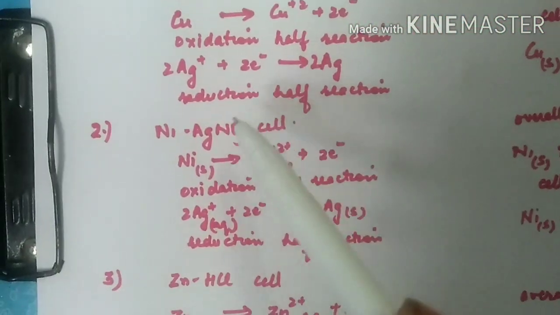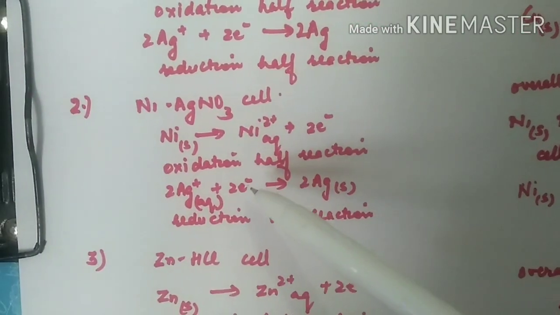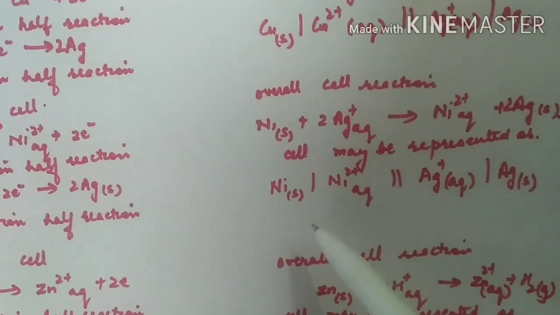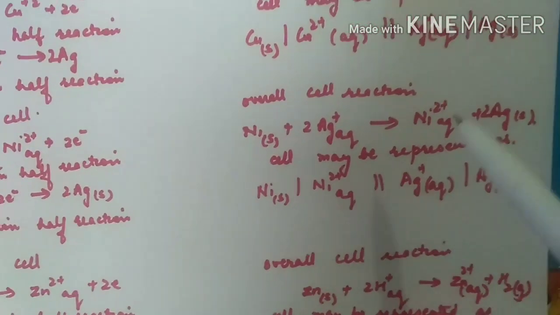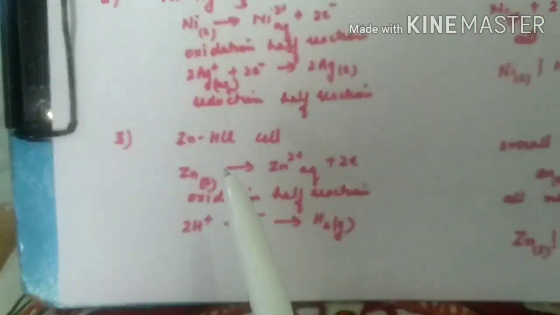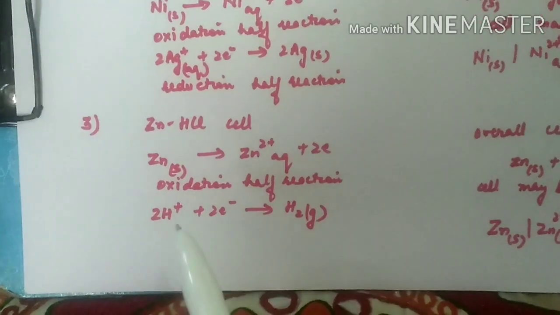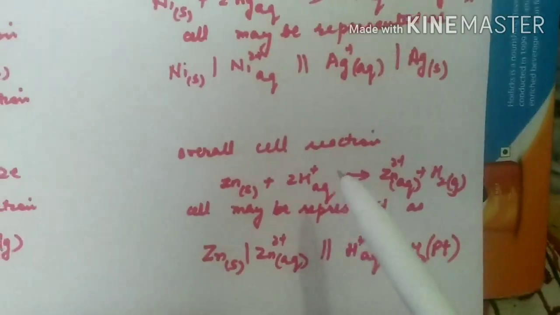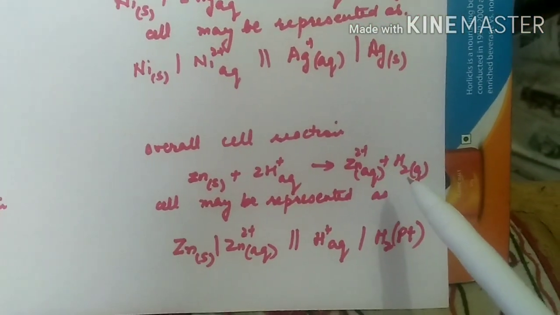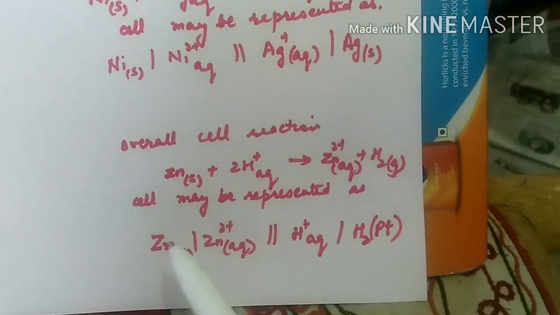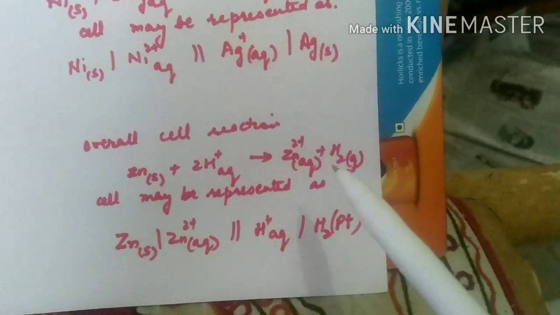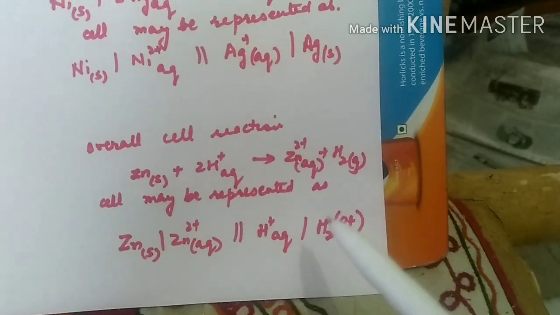Similarly, nickel silver nitrate, nickel gives electrons, silver takes them. So nickel is anode. So left hand side we write nickel, then vertical line, nickel ions, salt bridge, silver ions, silver, vertical line. Similarly, for zinc HCl cell, zinc gives electrons, hydrogen receives to form hydrogen gas. Overall reaction is zinc plus hydrogen ions will form zinc ions plus hydrogen. Anode will be kept to the left side, first metal, then ions, then salt bridge, then ions, and then the